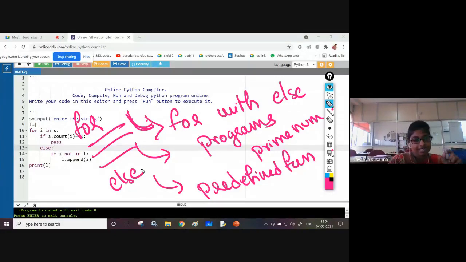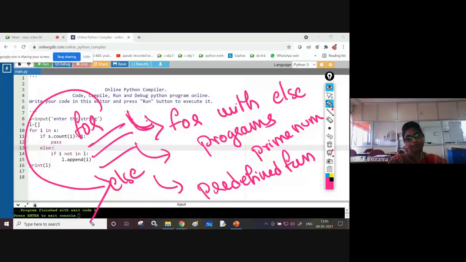See, when the condition in for is false, at that time control automatically comes out of the for loop, right? So at that time this else block after for will get executed automatically, or when the iteration is completed, control automatically comes out of the for loop.